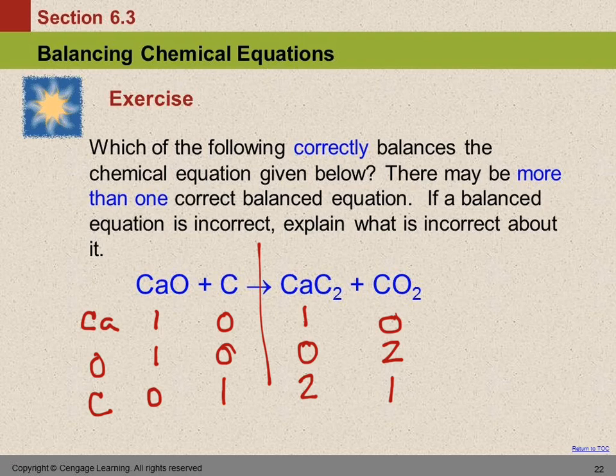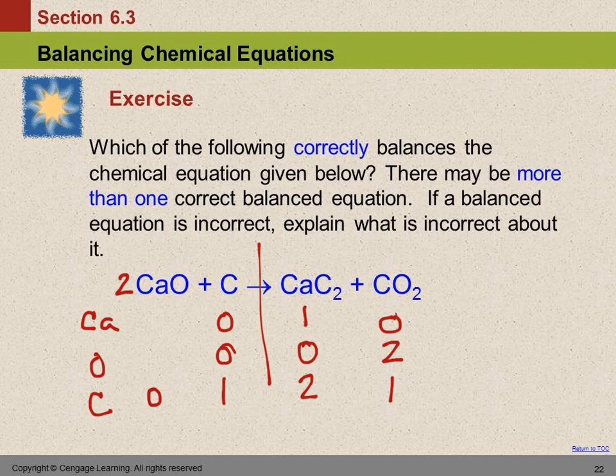So we're going to look at the other ones first. The calcium's already okay, so we'll leave that alone. We're going to skip carbon, and we're going to look at the oxygens and see if we can figure out how to do the oxygens. With the oxygens, we got 2 on the right, 1 on the left. We need to add 1 to the left side. We do that by putting a 2 in front of the compound that has oxygen in it. So now we got 2 calciums. So that changes